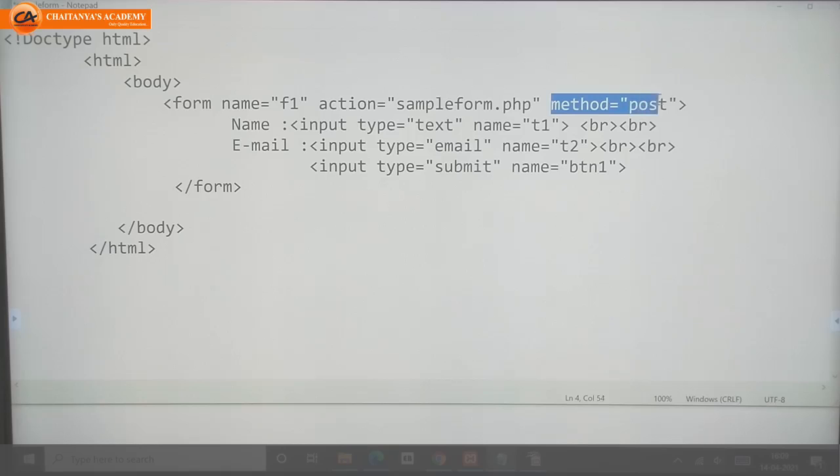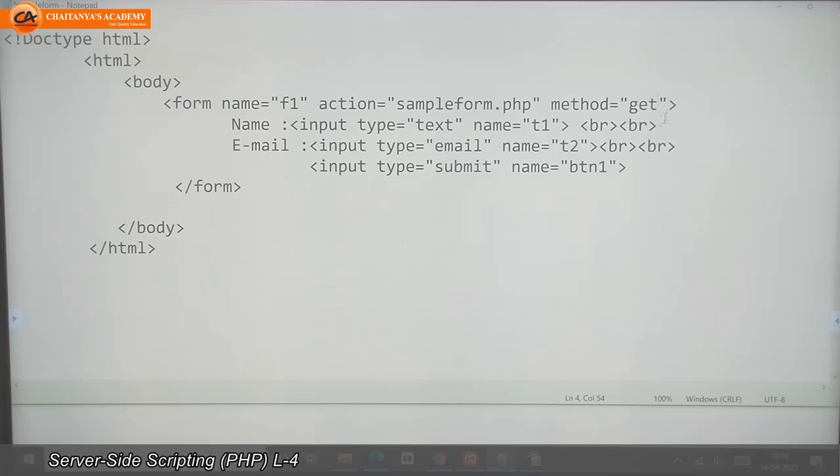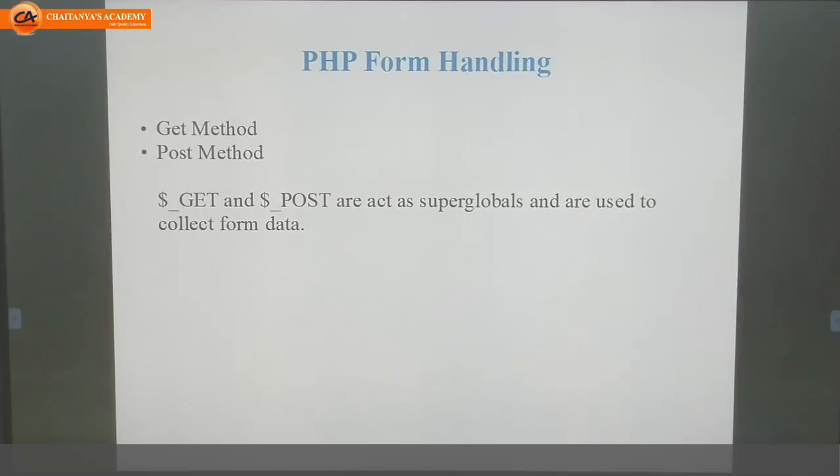Next, the method attribute. In PHP you have two methods, either get or post. By using either one of these values, you can submit the form, but these two methods act differently.